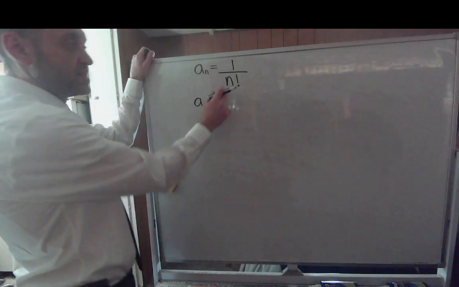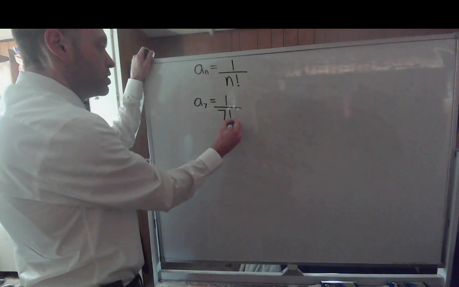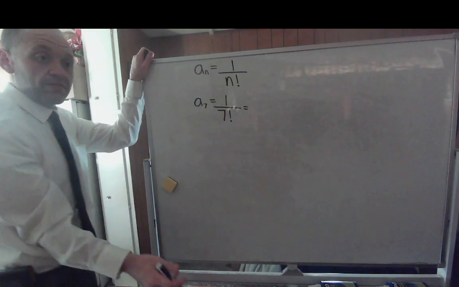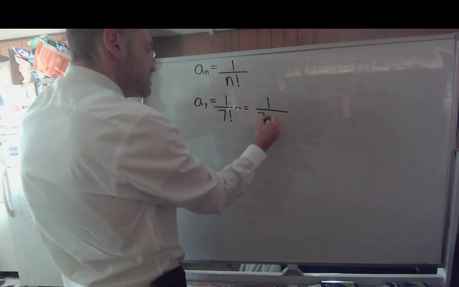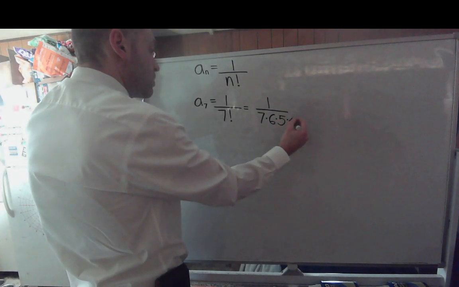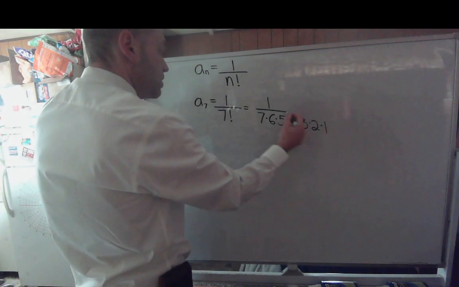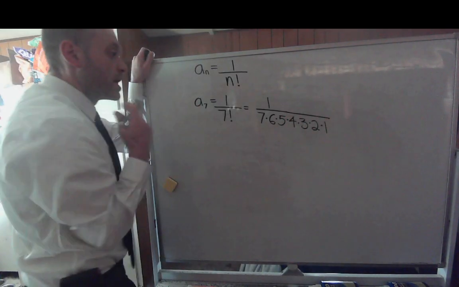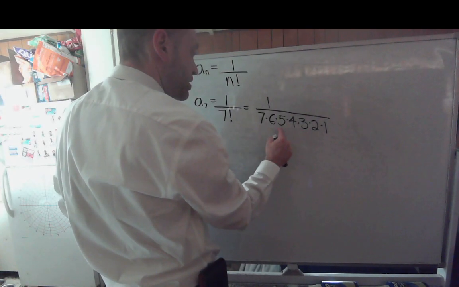So you'll put in 7 for your n, that would be 1 over 7 factorial. Well, what is 7 factorial? That's going to be 1 over 7 times 6 times 5 times 4 times 3 times 2 times 1. Alright, so let's multiply these. You get 2, 6, 24, 120